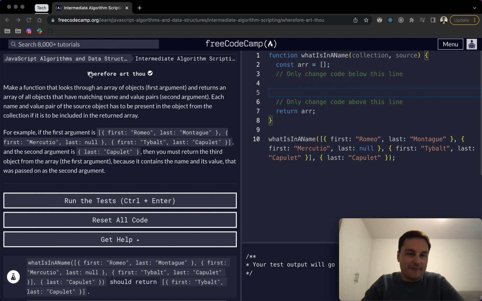Today I'm doing Wherefore Art Thou on freeCodeCamp. This is the intermediate algorithm scripting section. So basically we want to make a function that looks through an array of objects, which is all of these,